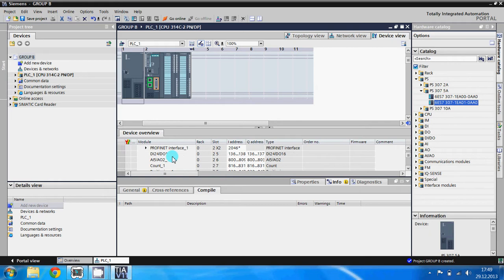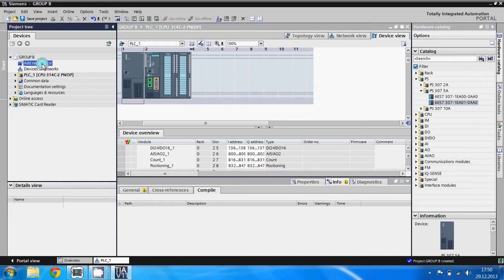For example, the PLC I selected has 24 digital inputs and 16 digital outputs, and 5 analog inputs and 2 analog outputs, and some other information. Okay, now I need to add an HMI for this, so I have to go back